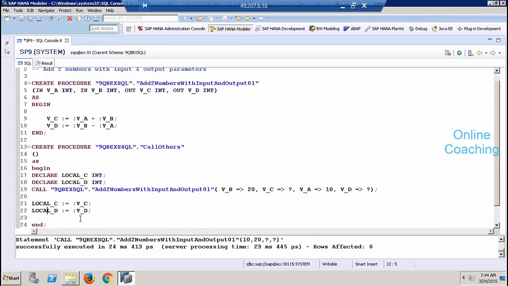Now if I want to print these values from this procedure, I'll say select,